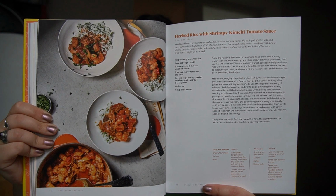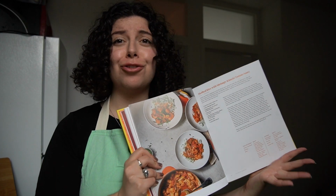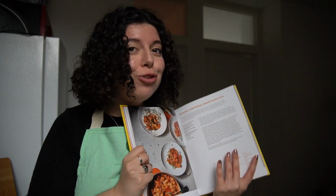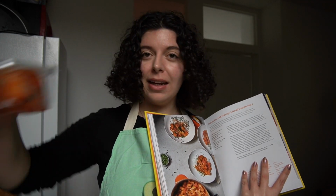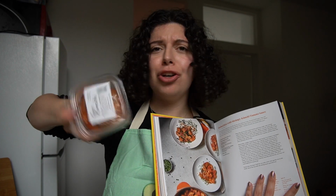Herbed rice with shrimp and kimchi tomato sauce. I mean, that just sounded so interesting to me. I love kimchi, which you might know. I feel like I've talked about it a few times on this channel, and I usually always have it in the fridge. Of course, I was out when I was going shopping for this, so I did find this container of it that I think is the exact portion we need, and it's from a local spot in Flushing, Queens,